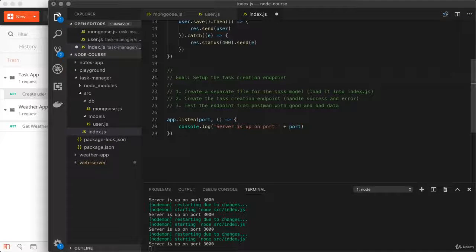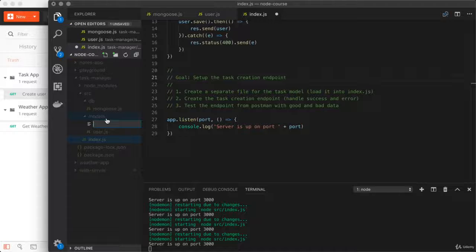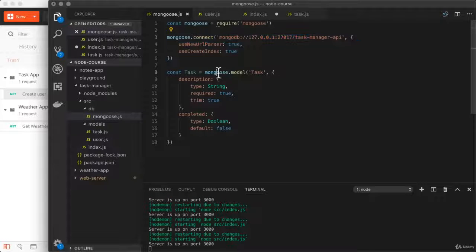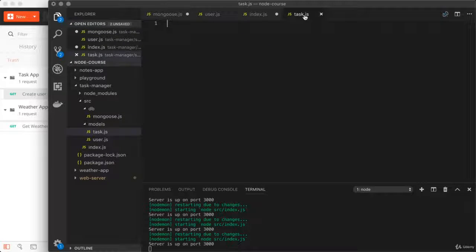How'd that go? Let's work through the process together. Step number 1, we want to create that new file in the models directory for the tasks model. Right here, I'll call that task.js, and we're going to bring the model file over from where it currently lives in mongoose.js. I'm going to take the task, I'll cut it out of this file,